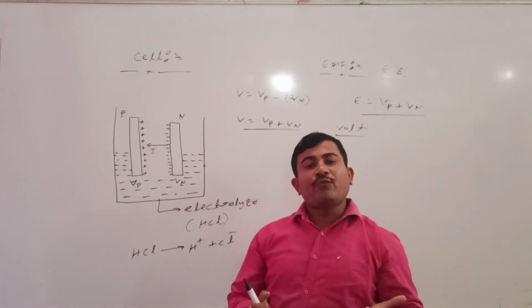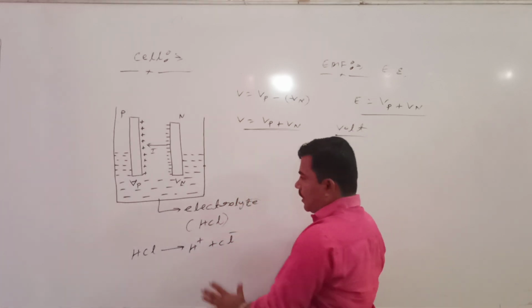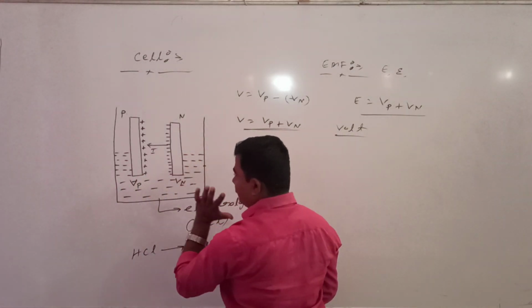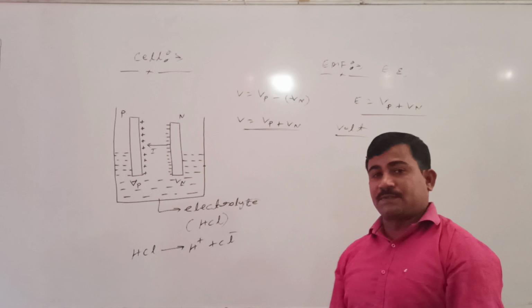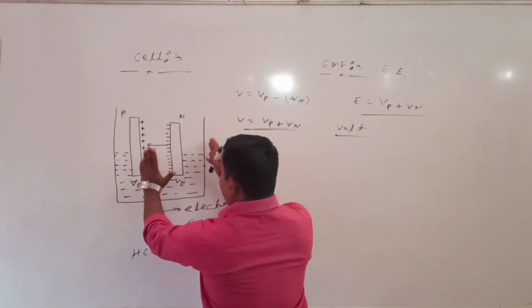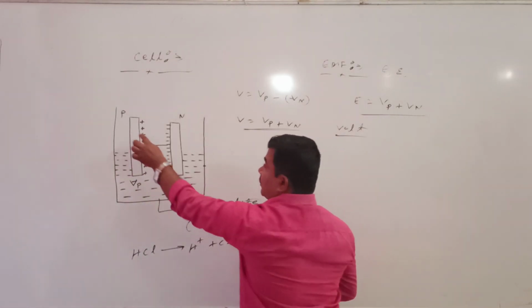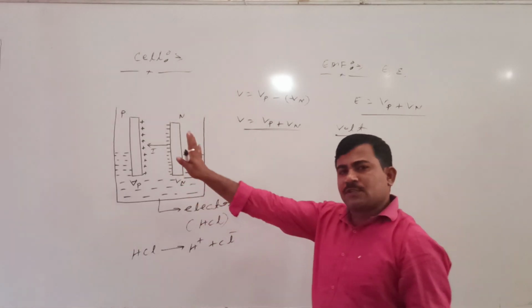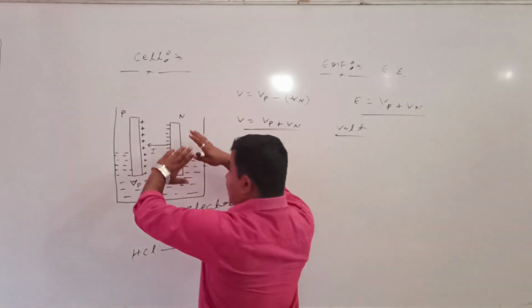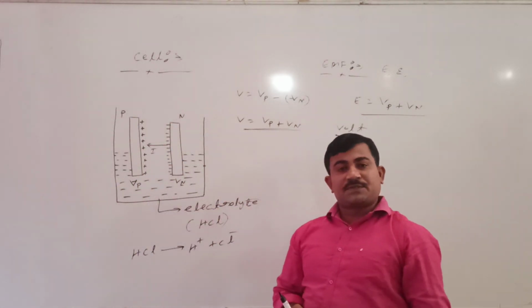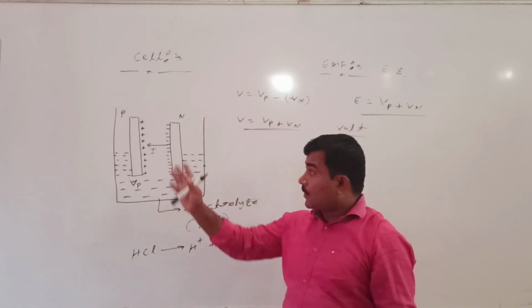Then, on what factors does the EMF of the cell depend? The EMF of the cell depends on the concentration of the electrolytic solution and on the nature of the two electrodes. On two factors the EMF depends. Whatever EMF develops between the two electrodes depends on the concentration of the electrolytic solution along with the nature of the electrodes. Here the two electrodes are one positive and the other negative. But the main significance of this electric cell is when an external circuit is connected. When an external circuit is connected, it has a lot of significance.